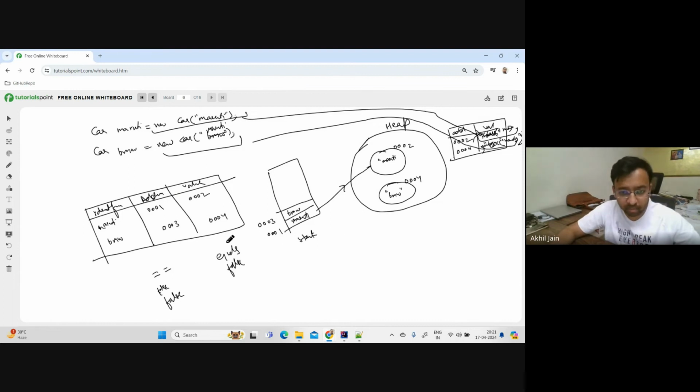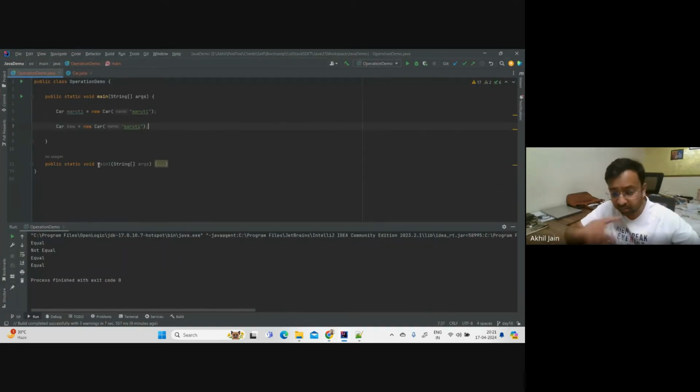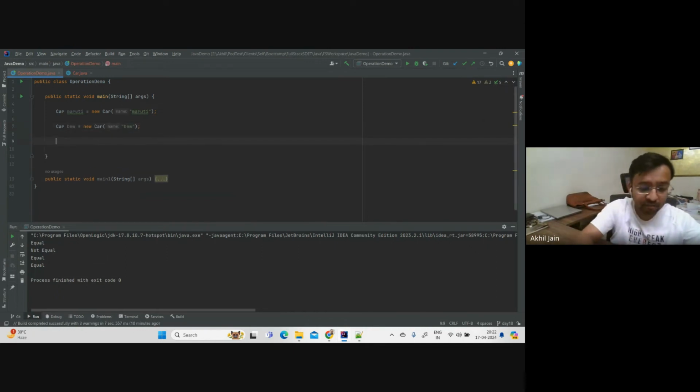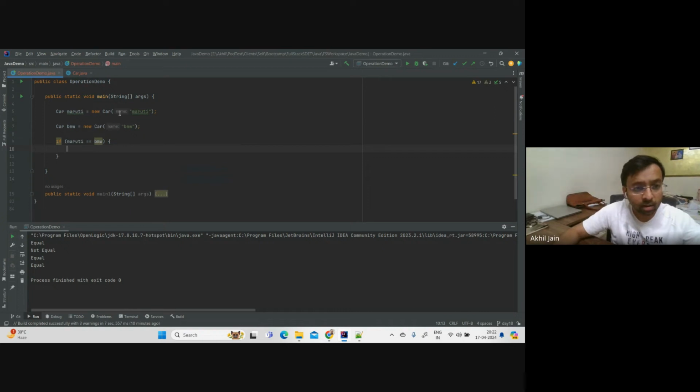Let's take this. I'm comparing this value, so let me just place BMW first, and let's compare it. If Maruti equals BMW here, and if I say S out equal, and else,